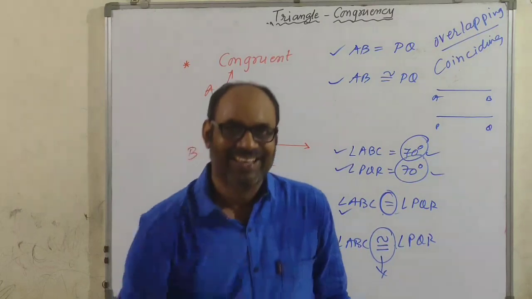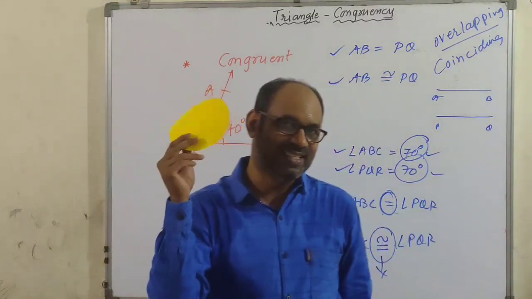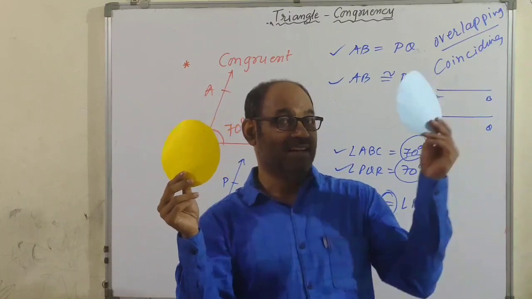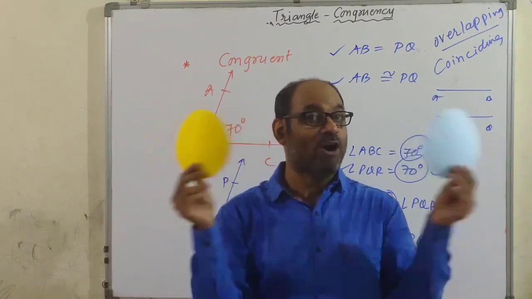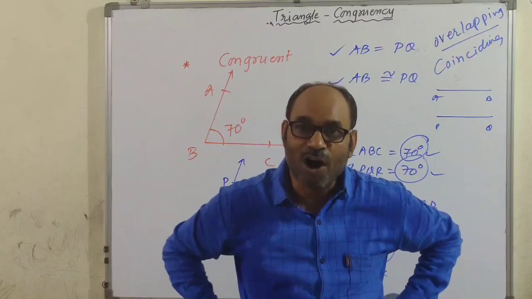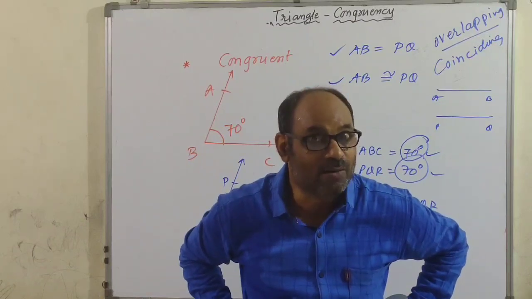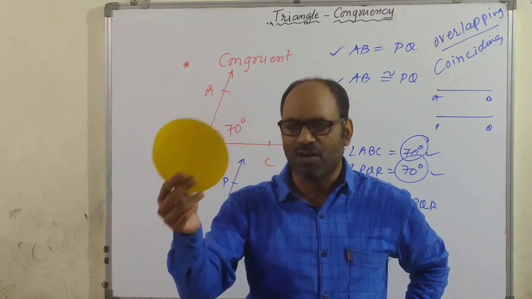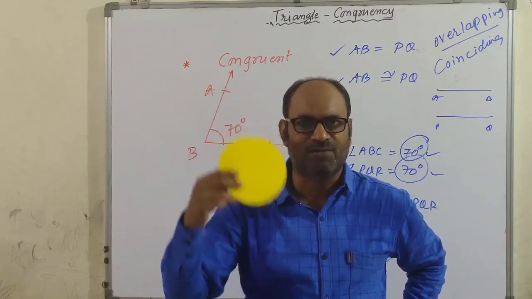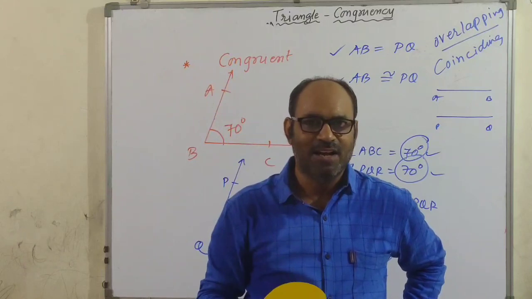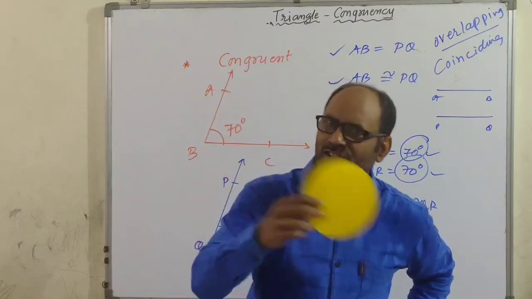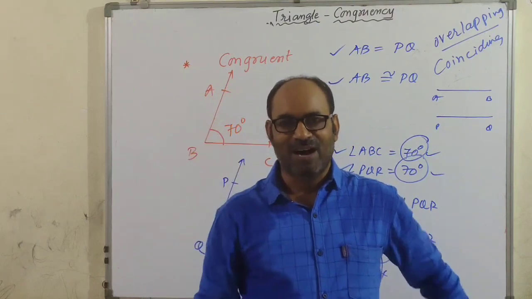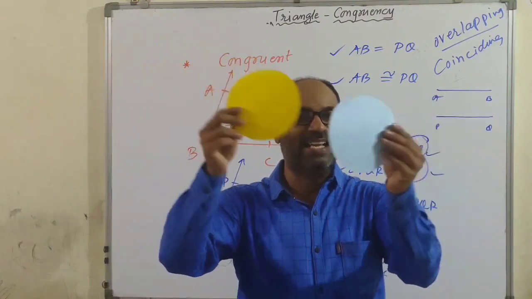Correct? Look, what is this? You may say circle. Another circle. Now, are they congruent? They are congruent if their measures are equal. Now, what is their measure? You can talk about radius, diameter, circumference, area. Plenty of measures it has. But let's talk about diameter, the best. Now, let's see if they are coinciding.